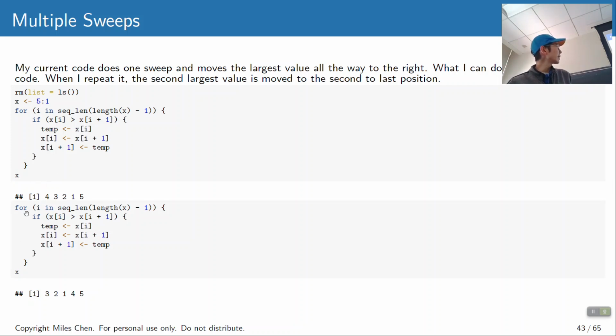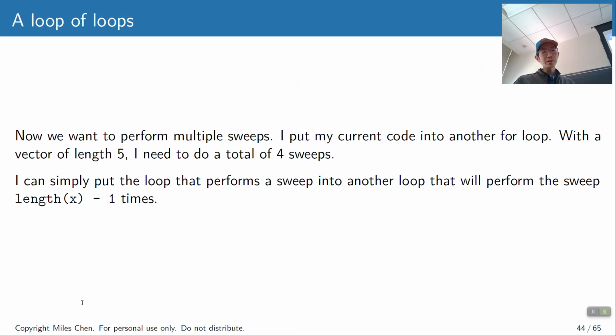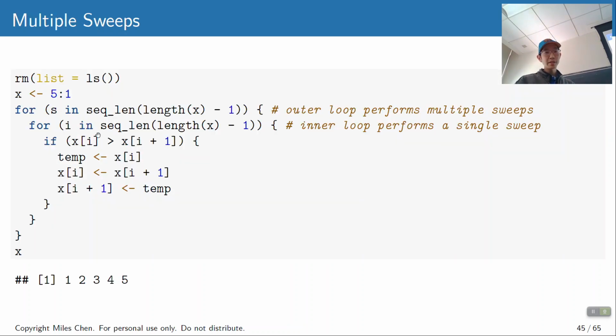And if I run the exact same line of code again, it has now pushed the 4 all the way to the right, okay? And so I can just repeat this over and over again, right? I can perform multiple sweeps, and I can do a total of 4 sweeps. And I can just say, okay, for S, so I just have the for loop, so it's a double nested for loop, not great for efficiency, but it will get the job done. And so all I've done is just taken that line of code that we've written earlier, and then I'm just putting that inside another for loop,